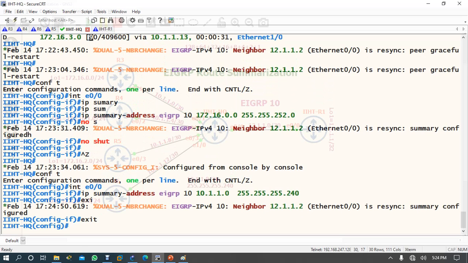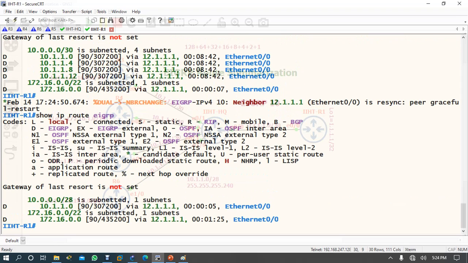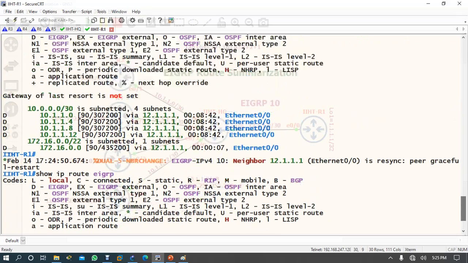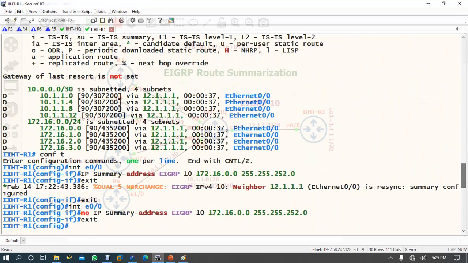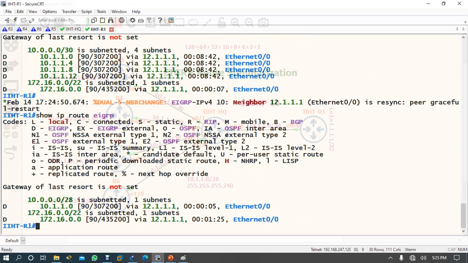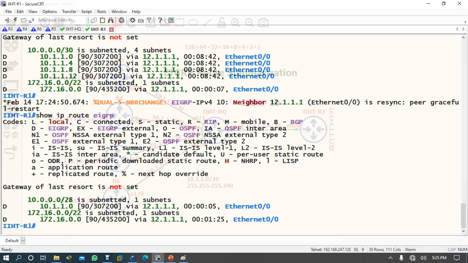It's recalculated. Now again you come and check. So both IPs are now summarized, and see, earlier your routing table on the branch routers was long, but now after summarization how short the routing table is on the branch routers. So these are the benefits of IP summarization.